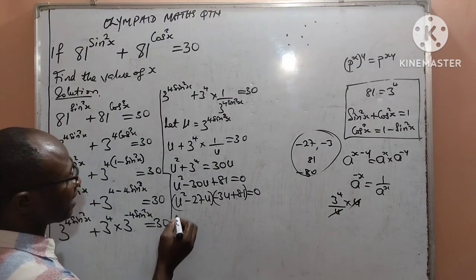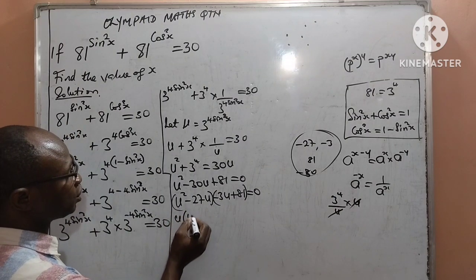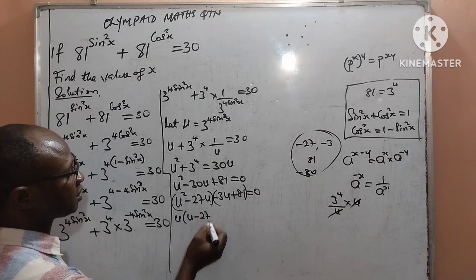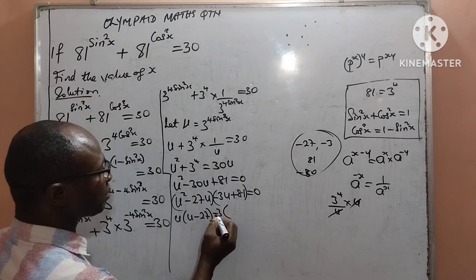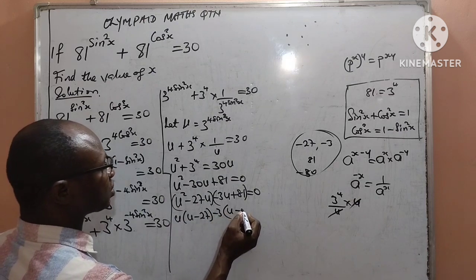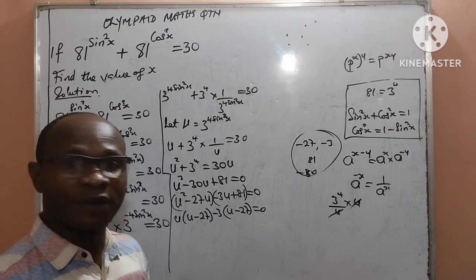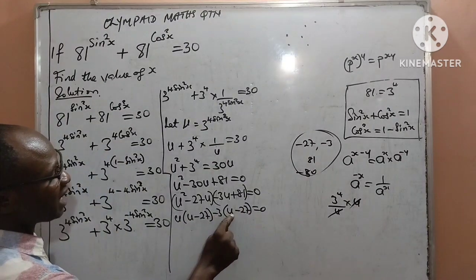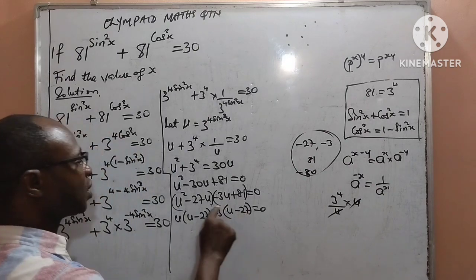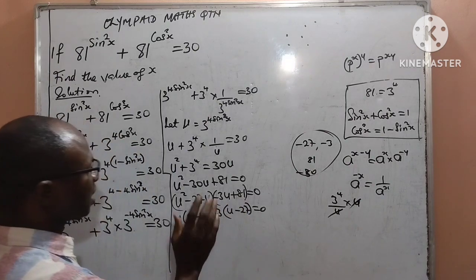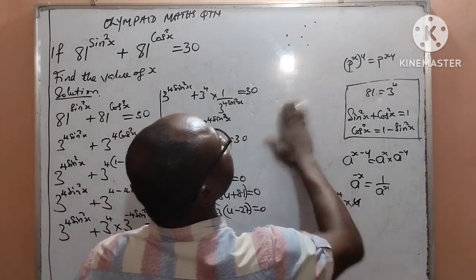What is common in the first bracket is u, leaving me with u minus 27, and in the second bracket I have a common minus 3, leaving me with u minus 27, equal to 0. If you look at it now, minus 3 times u will give me minus 3u, and minus 3 times minus 27 will give me plus 81. At this point, I can now write that